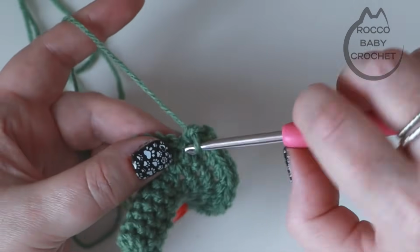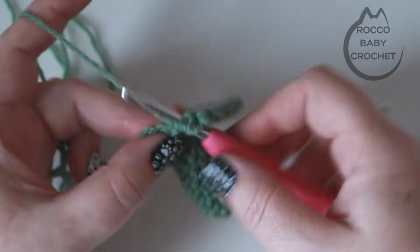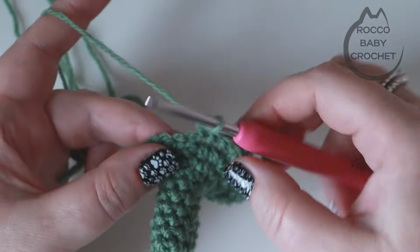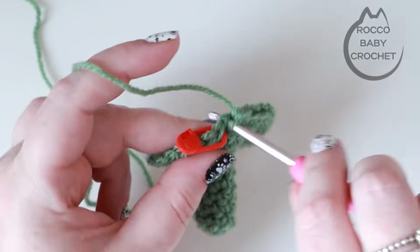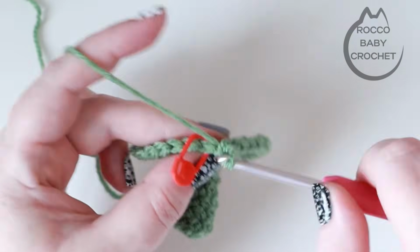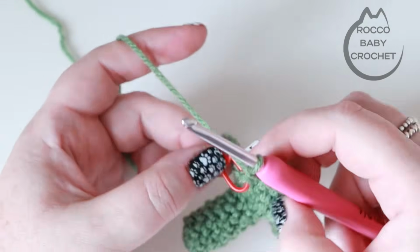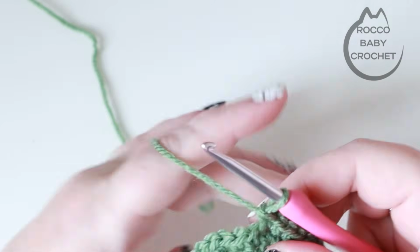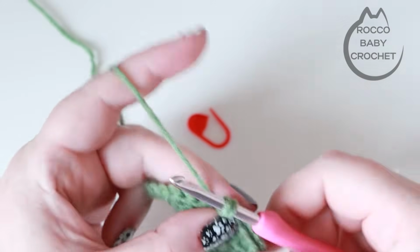So if you want to make your way around repeating that, come back to me when you're ready to fasten off, and I'll show you how we attach this to the hat. I'm just at my last stitch of round 11, and again you should be finishing on an increase, so I'm going to place my last 2 double crochets into that stitch, pop my stitch marker out, and then just to join I'm going to slip stitch to the first stitch of the round,